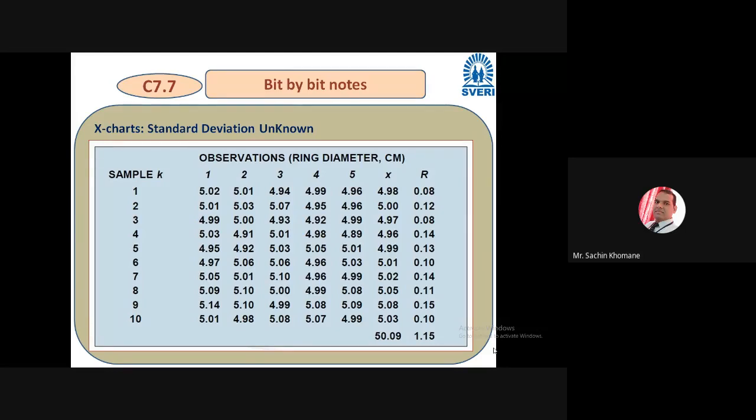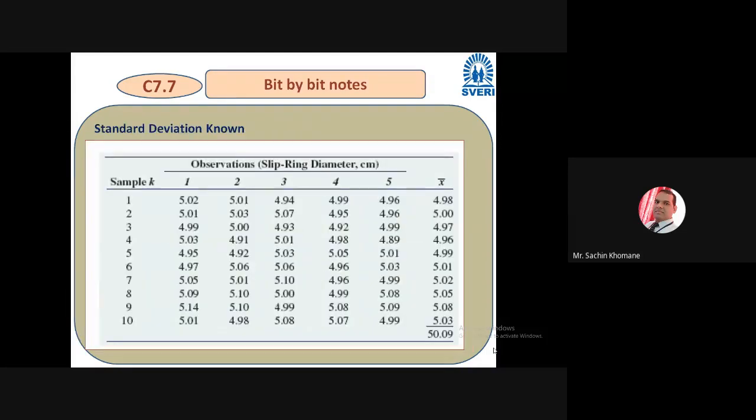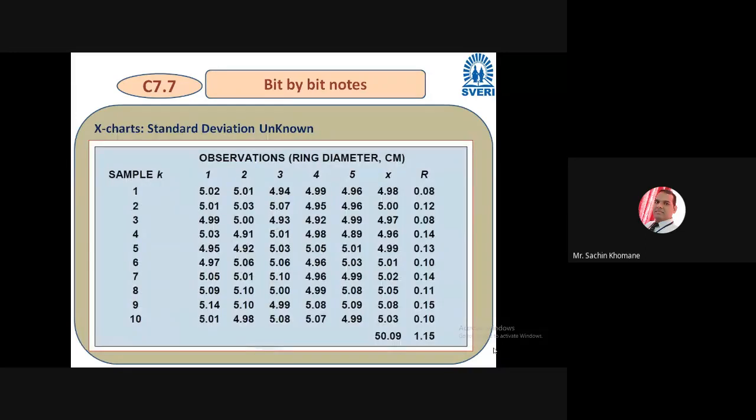Now, in the same example, you have already calculated the mean, you can say X bar. Is it the same value here? 5.09, right? So R value. What is the meaning of R? R is nothing but range. So now just calculate the range. Go step by step, go slow. Even on mobile, or orally, people can calculate the range.